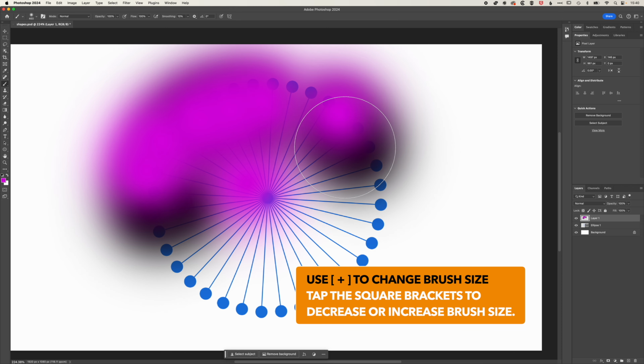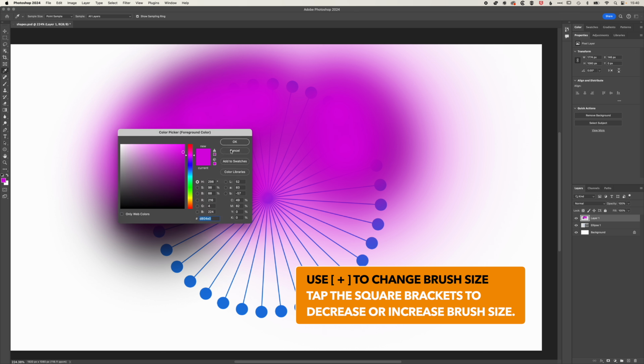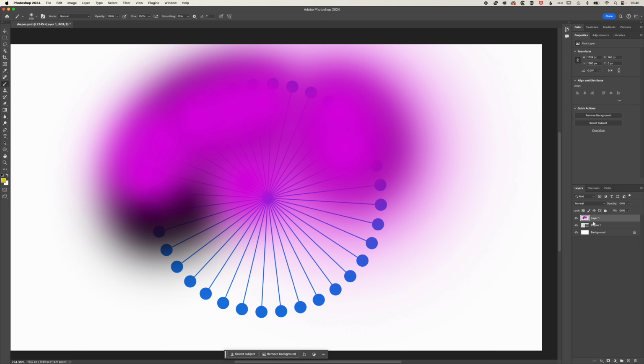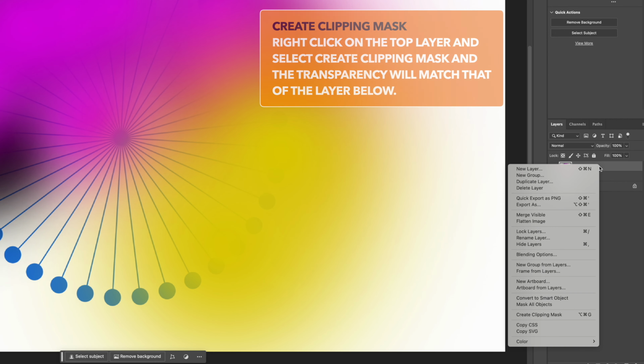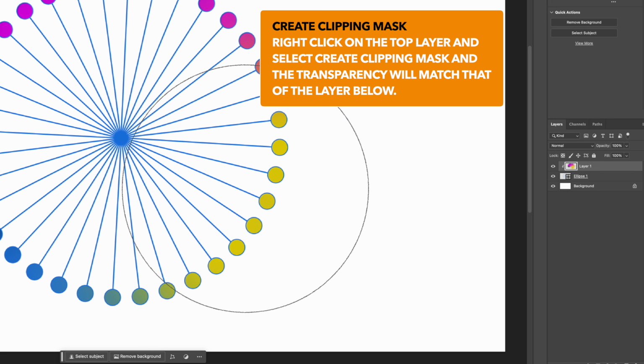I can use the square brackets on my keyboard to increase the size of the brush again. We'll grab another color here, and we're painting this all on the layer on top above the ellipse. So you can see we're just painting that color in there. Now, if I right click here and go to create clipping mask, you can see now that color is all